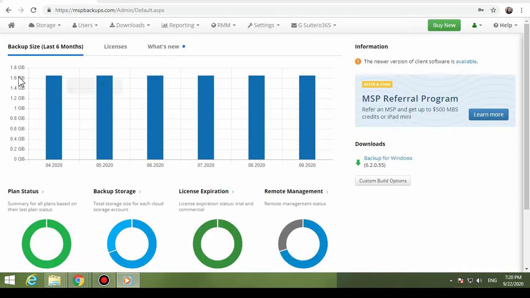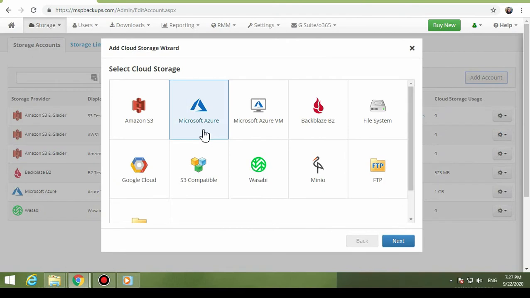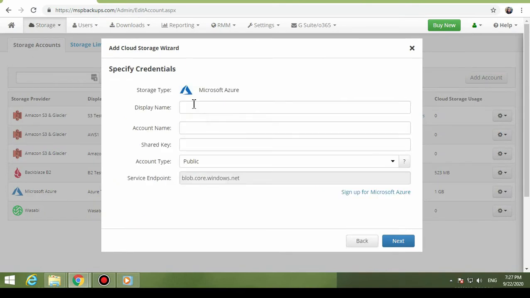When you are in the MSP360 Managed Backup console, go to the Storage tab, then press Storage Accounts. Here, you can see all your connected storage accounts. To add a new one, press the Add Account button in the upper right corner, and then choose Microsoft Azure. You will then be able to set a display name for the new account and provide your storage account name